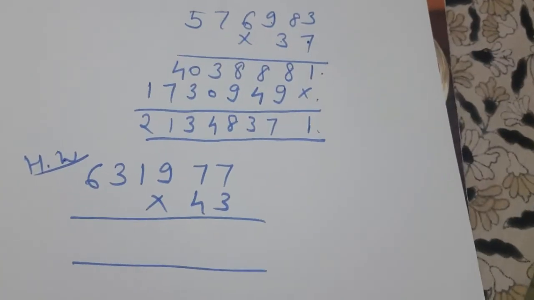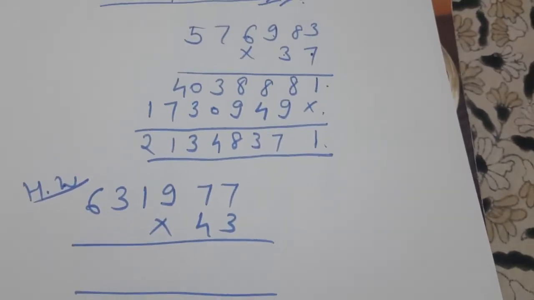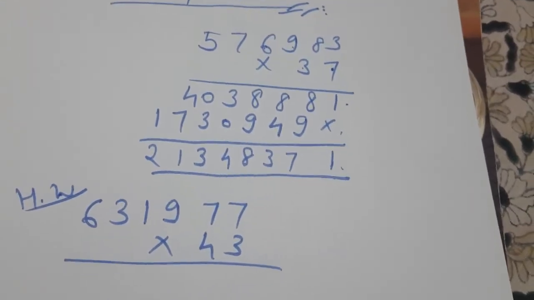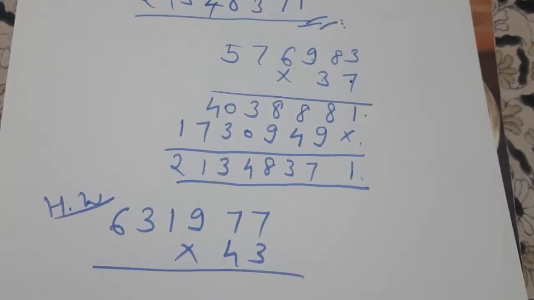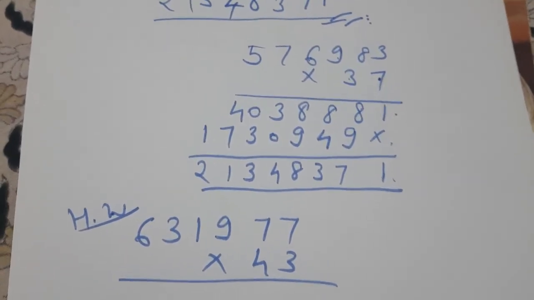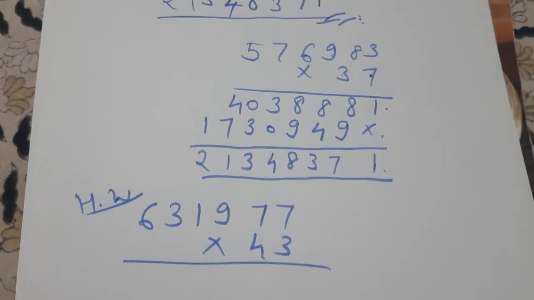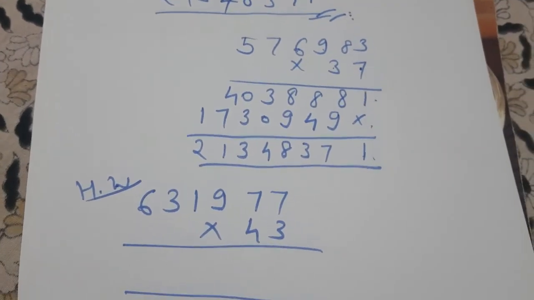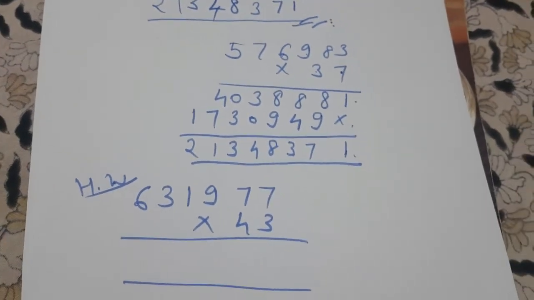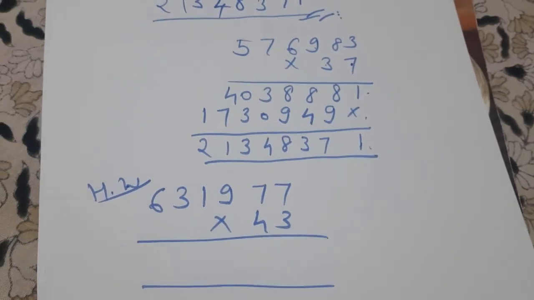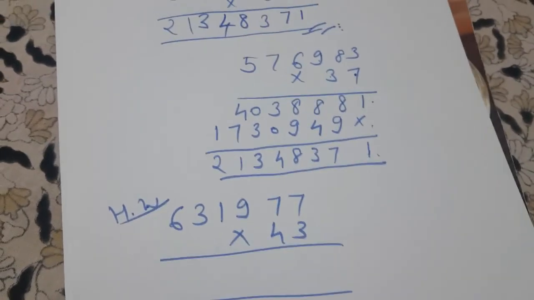And trust me, the process is easy, not difficult. Only the thing is that since you have seen this concept for the first time, that's why it seems to be difficult for you. But the more you practice, the easier it will become. So practice hard. In the next video we will be dealing with the same concept of multiplication, but that time we will be dealing with how to multiply a 3-digit number. We have a same formula for 3-digit also, but only a little bit of difference is there. So first of all, practice this, then that will definitely help you all.